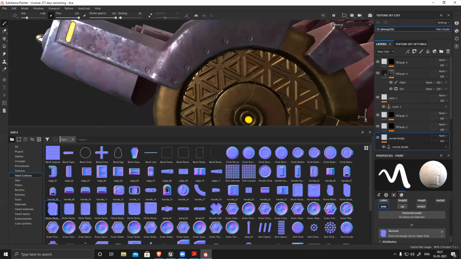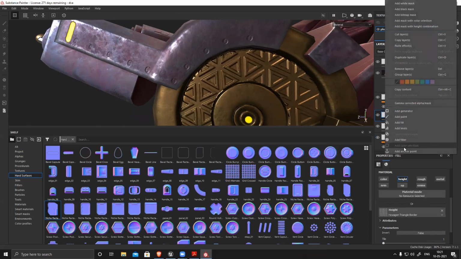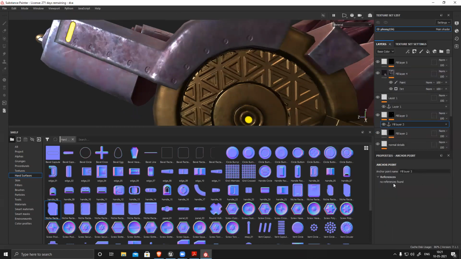So let's use height. Yes, this one. So now I have created this height here. Right click, add an anchor point. This is layer 3. Just remember the name.